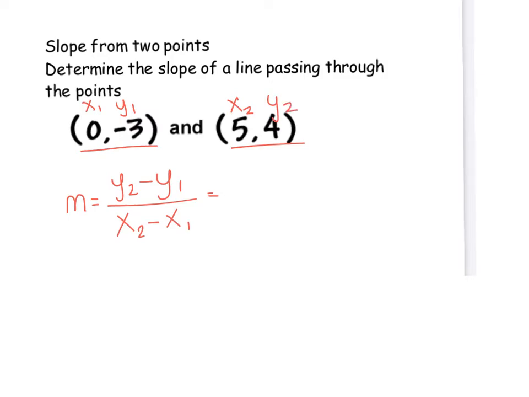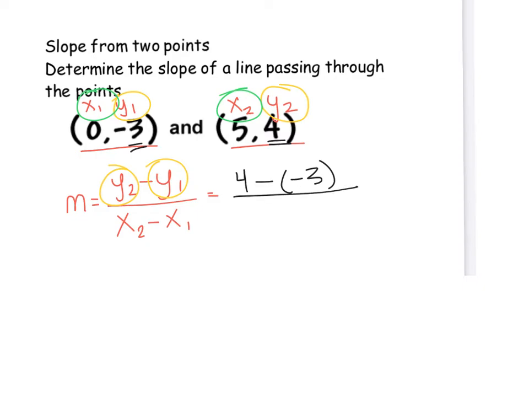And now I'm just going to substitute my y values into my numerator and my x values into my denominator, and they need to stay together. So if my second point I'm doing x2, y2, I have to use those numbers first in my calculation. So my y2 is 4 from here. My y1 is -3 from here. So I am subtracting -3. Careful with your negatives there. And for my x values, I'm doing 5 for x2 minus 0 for x1. So my slope is 4 minus -3 is positive 7, and 5 minus 0 is 5,